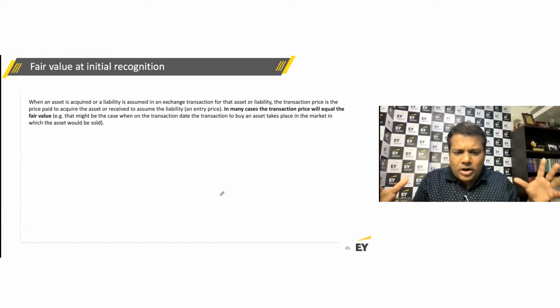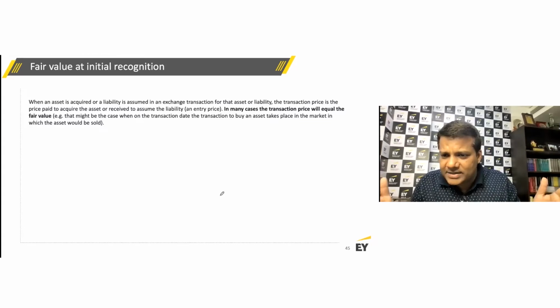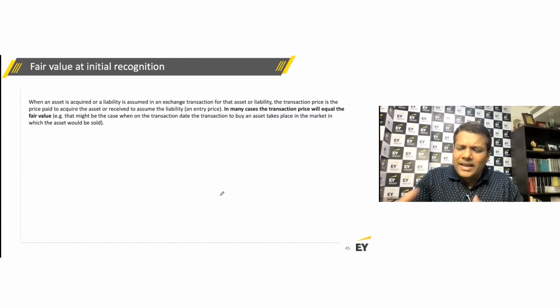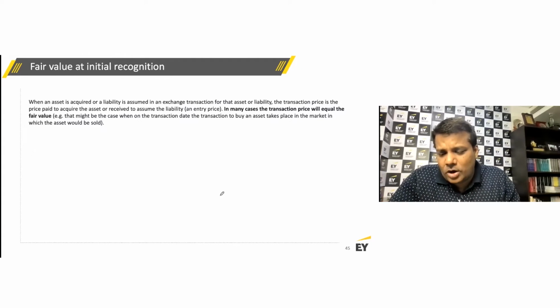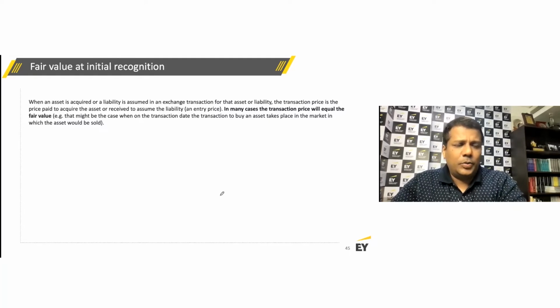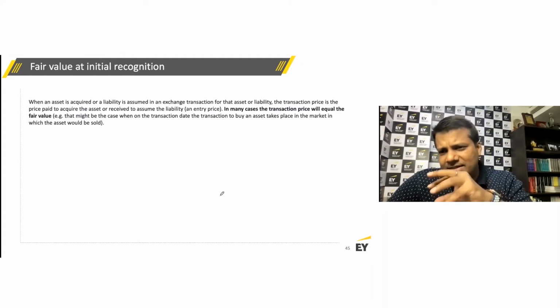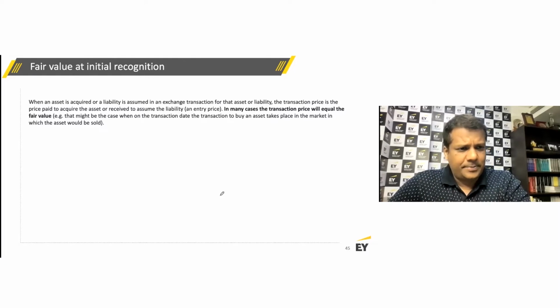But it is not about markets being depressed, it's about a counterparty being depressed, and you were able to take advantage of that situation and bargain a good price. But then that may not represent fair value, and hence the transaction price then may not represent fair value. But you've got to exercise this exception with caution.